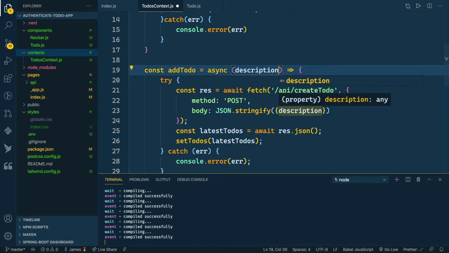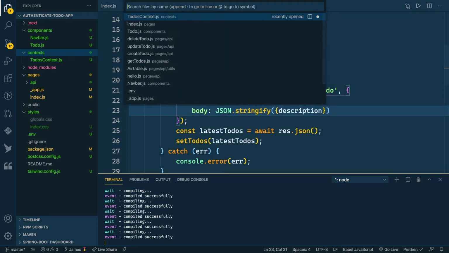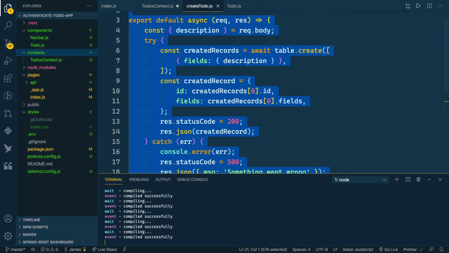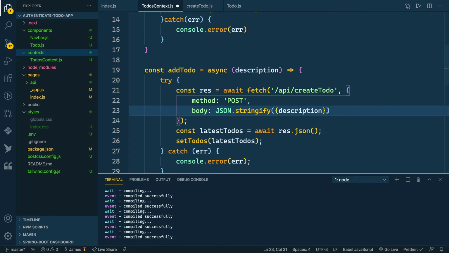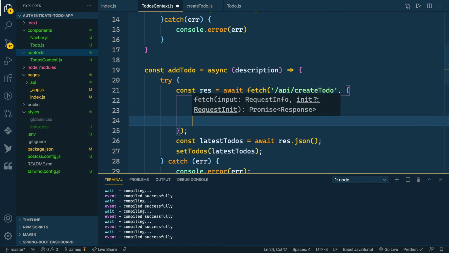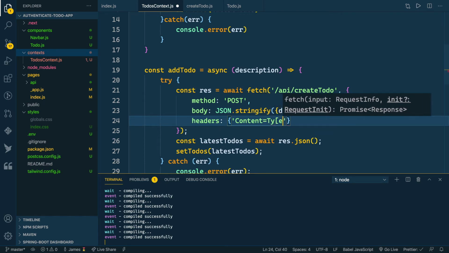So now we're passing the object that has a key of description and a value of description to our create to-do. And if we look at that function, notice that this thing takes in that description on the body. So that should work out well. And the last thing we can make sure we do is set the headers, and that's going to be an object, and we'll set the content type